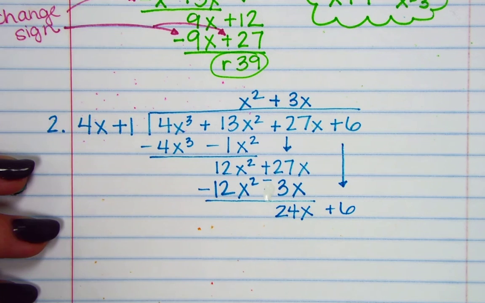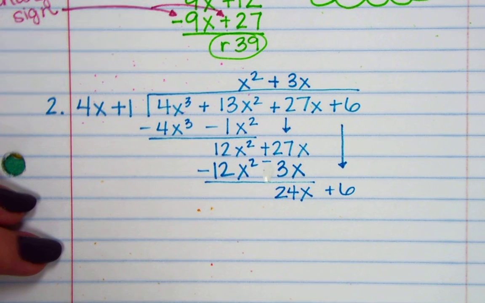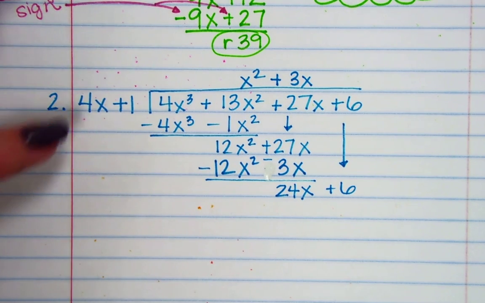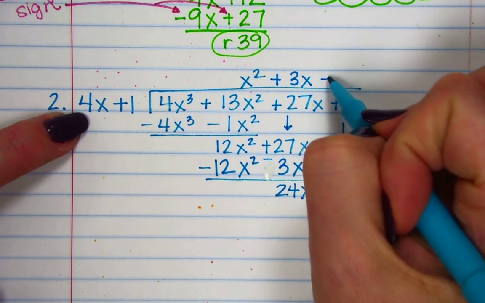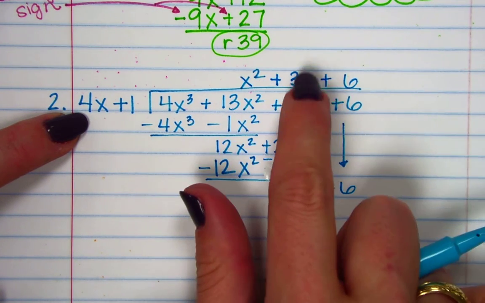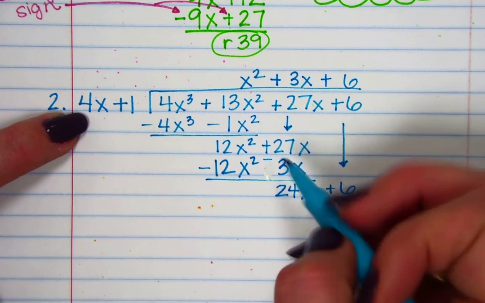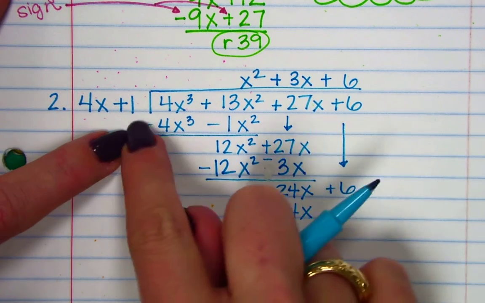And bring down a plus 6. Okay, then we just do it one more time. 4x times what is going to give me 24x? 6, right? Okay, makes sense because it's going x squared, 3x, 6 doesn't have an x. Okay, so then I multiply 6 times 4x, 24x,